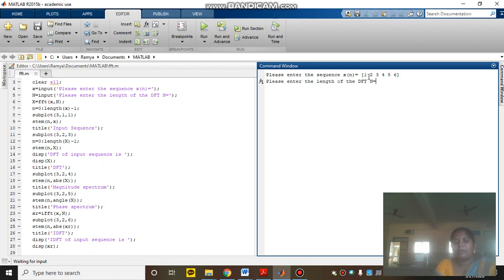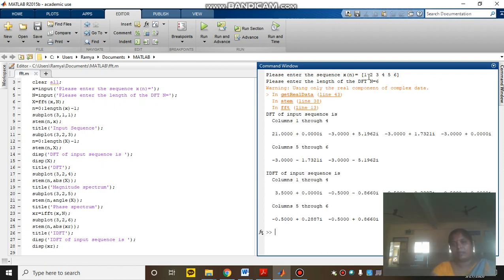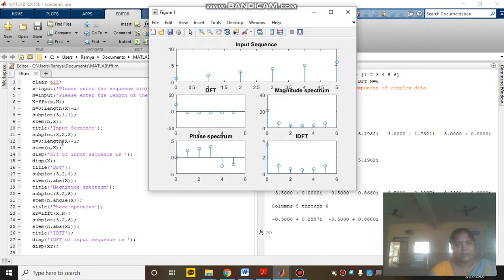Next I am going to give n equal to 6. So here see the first one, the entire screen will be split into 3 rows, and in the first row fully I am going to plot the input sequence because it is very lengthy. The second column in the second row, okay, I am going to plot this in the third place, the next one in the fourth place, the next one in the fifth place and sixth place. Okay, so like that we have to plot.